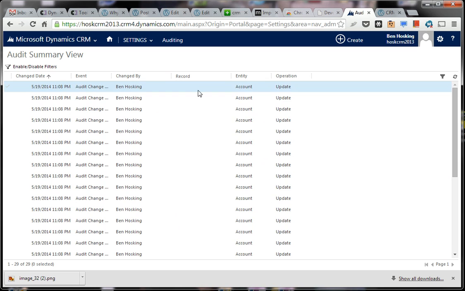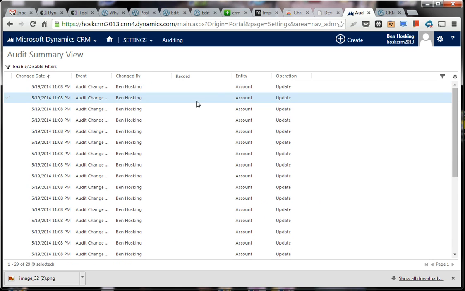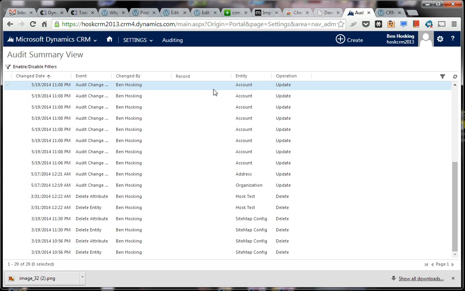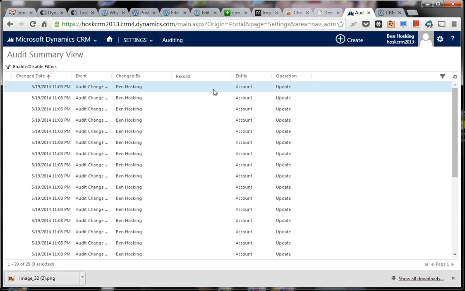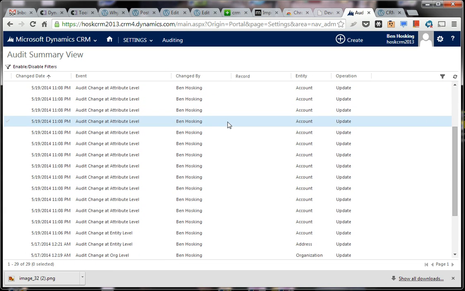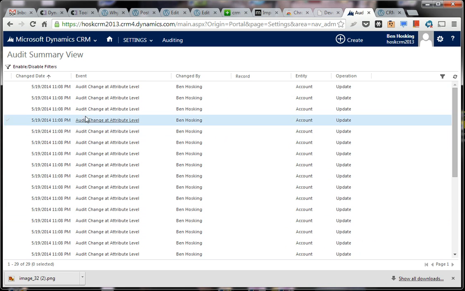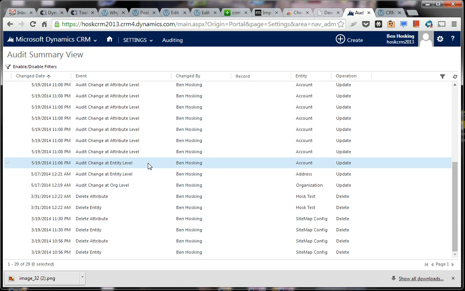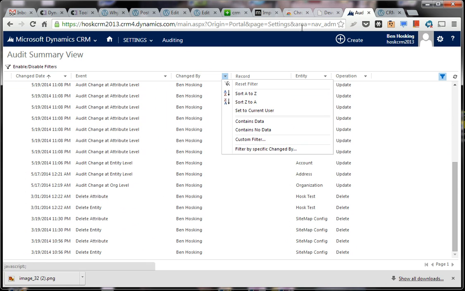This shows you all of it. So here, in fact, it's turned on the fact that I've turned on auditing for account. This gives you a big long list of things, and you can filter by users and stuff like that. I don't often use that view,